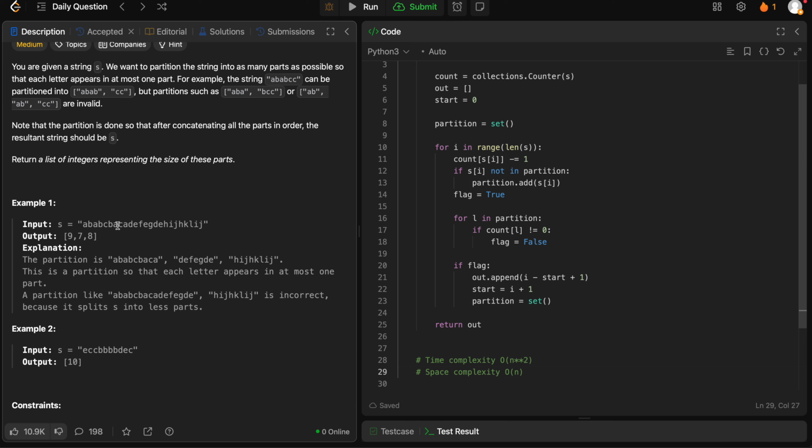I'll just maybe give a hint. Imagine that we have a count, but we also have the last occurrence of each letter, some kind of dictionary that tracks the last occurrence of each letter. So for each one, we could, when we add it to partition, check what's the current. Yeah, I'll not finish what I was trying to say, but I think a solution with that approach is pretty